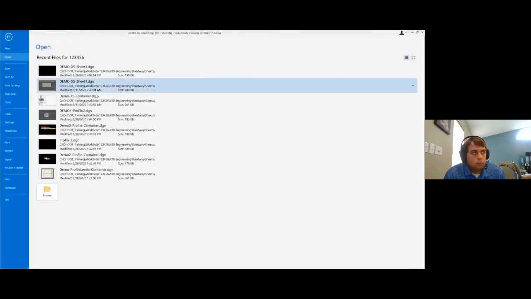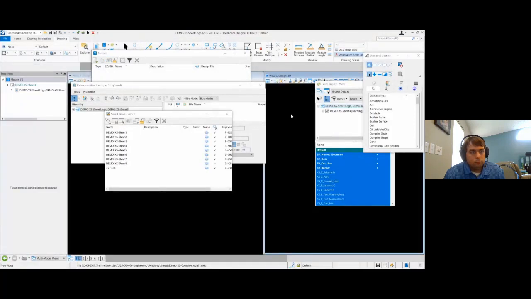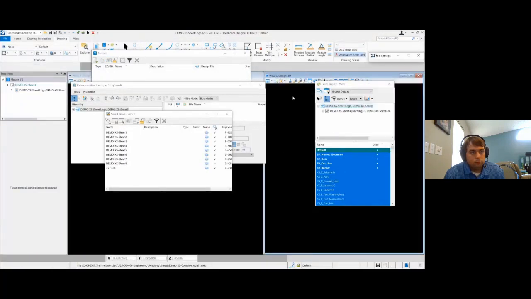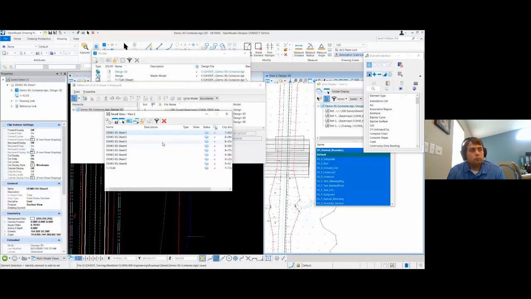So if I go back to my container, the thing to remember is that global display, once you turn it off globally, is trumping your save view. So my save view for that stuff has them turned on, right? But global display has them turned off, so global is taking priority over your save views. So keep that in mind.